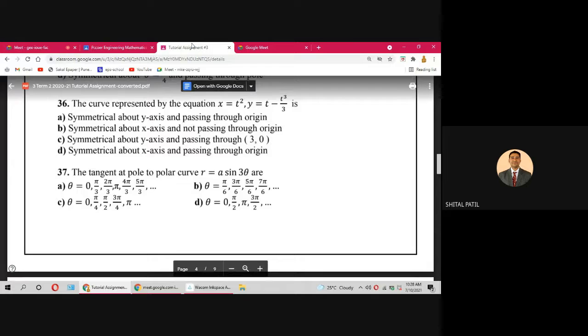Okay, write down. So when sin is 0, write down 3 theta equal to 0, pi, 2 pi, 3 pi, 4 pi, 5 pi, 6 pi, 7 pi, 8 pi, 9 pi, and so on. But that is 3 theta. Our aim is to find theta. So write down theta equal to 0, pi by 3, 2 pi by 3, 3 pi by 3, 4 pi by 3, 5 pi by 3. A option. Hope you might have got the required answer.